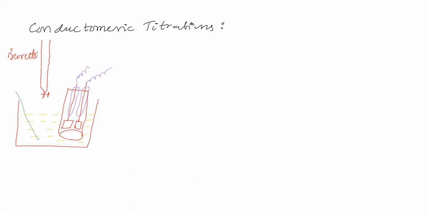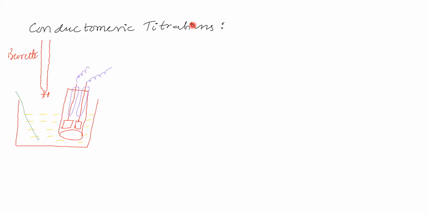Now you add this burette solution, and using the glass rod, stir the contents and find the conductivity. If you know the conductivity, you can find molar conductivity. Then again add burette solution, stir the contents, and a chemical reaction takes place. You know the concentration, and using the conductivity you can get lambda m.